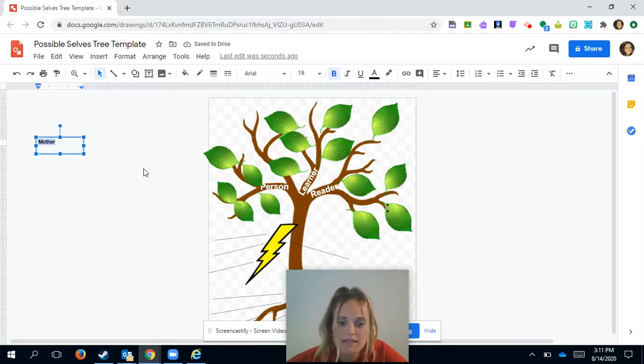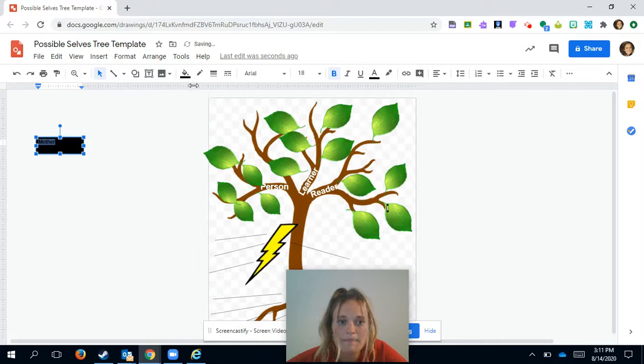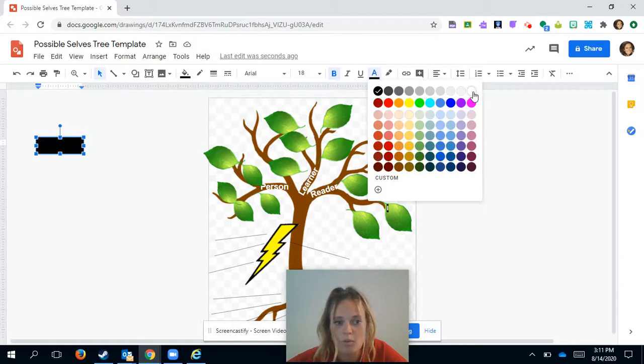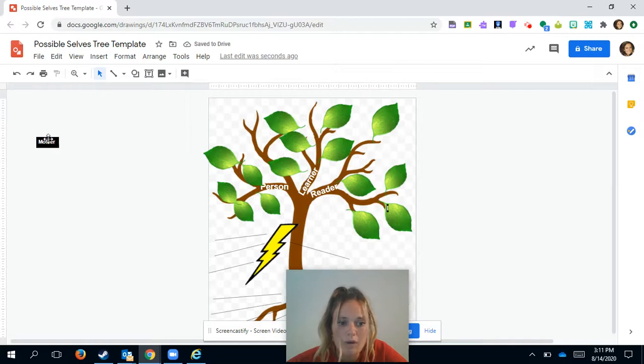And let's say I want my highlight color, this is called the fill color. So let's say my fill color, I want that to be black, but then I want my text color to be white. There we go. So you can kind of play around with it. And this is where you can customize whatever you want, right? So once I have what I want,